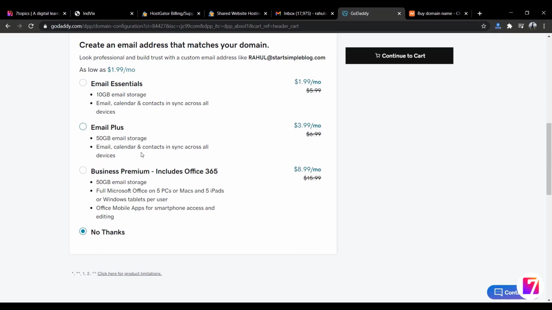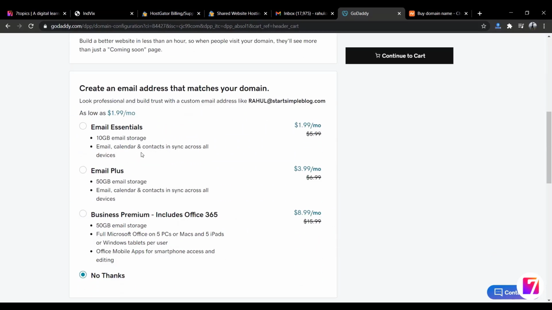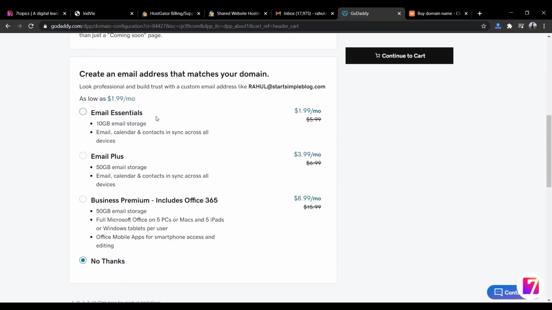and you can later on disable it if you don't need. Okay, and then is create an email address and all those things. So